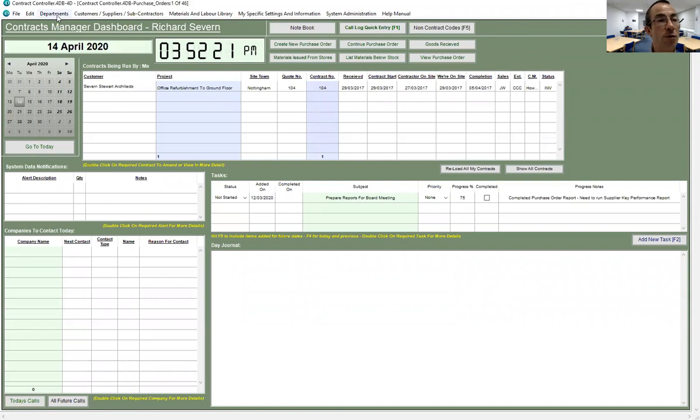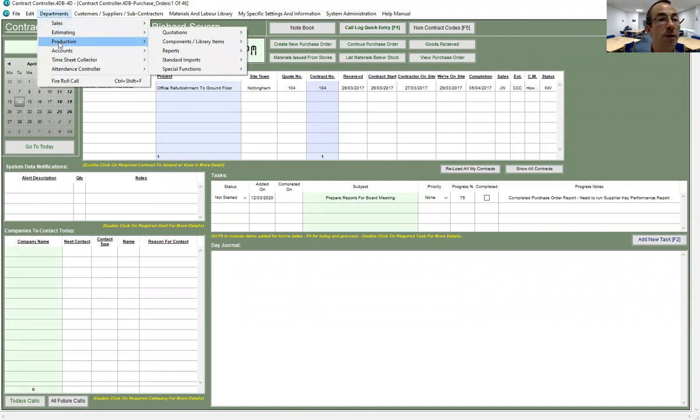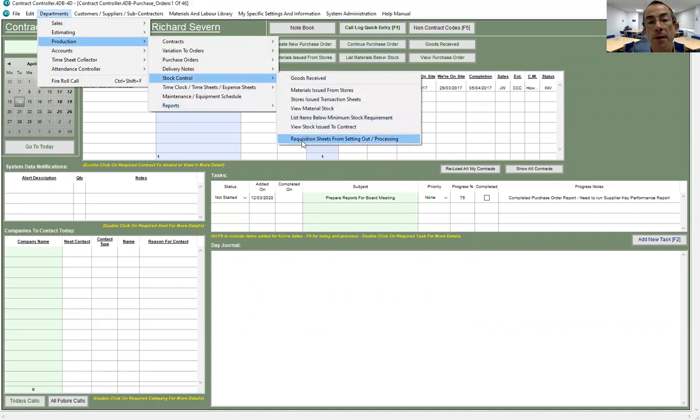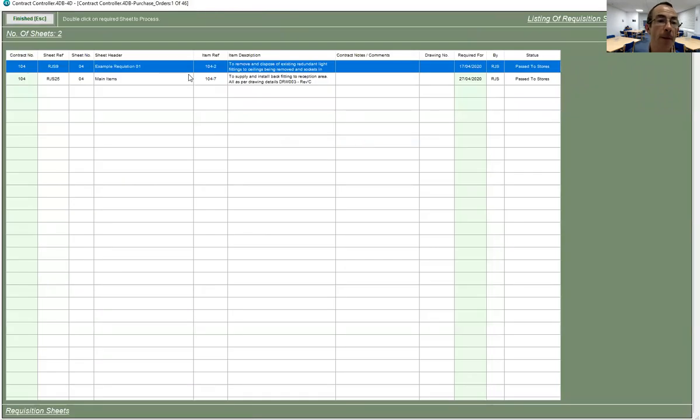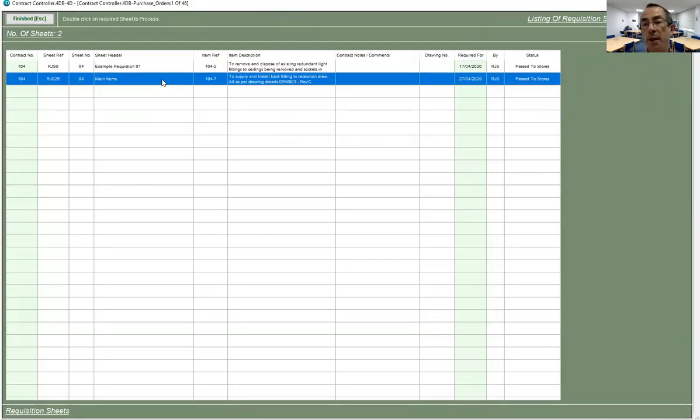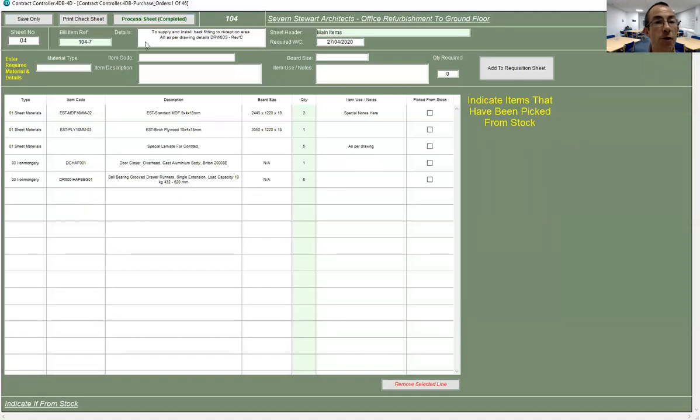Now if I go to the stores area of the system, we go to Departments and then Stock Control, we can go to Requisition Sheets from Setting Out and Processing. This sheet will now appear on stores list for them to indicate what can be fulfilled from stock. So they double click on that sheet. They can't change any of these items here, and they can then print a check sheet